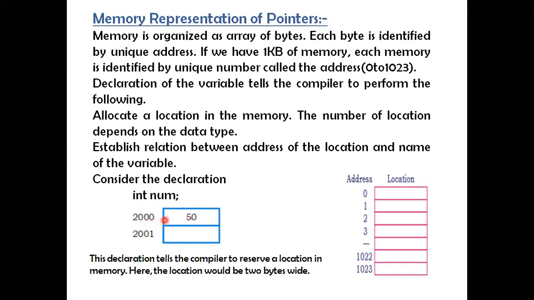2000 address. The next location is identified by a memory address called 2001. Have a look at this explanation, what they have said in the second sentence. Each byte, this is what? See, this is 1 byte, this is another byte, this is another byte, like this you can see here. Each byte 1, 2, 3, and so on. Each byte is identified by a unique address.